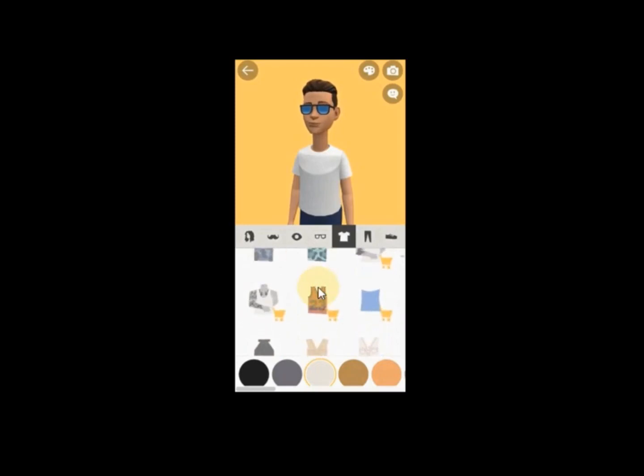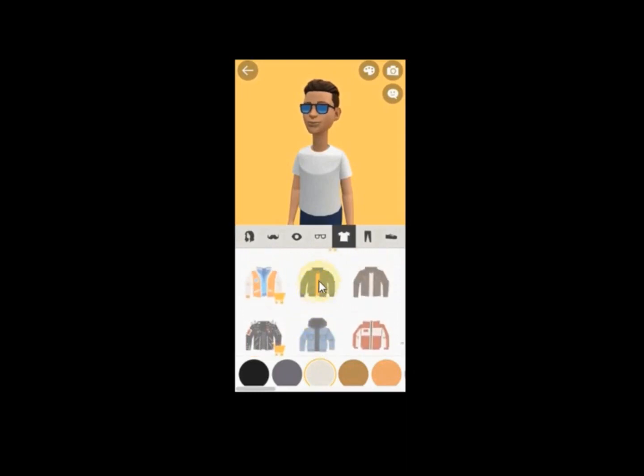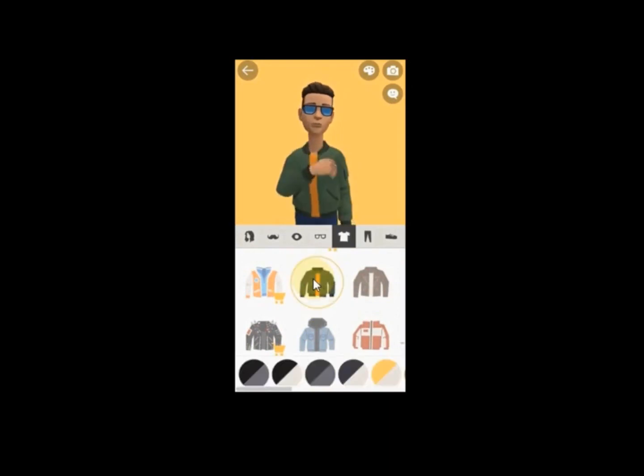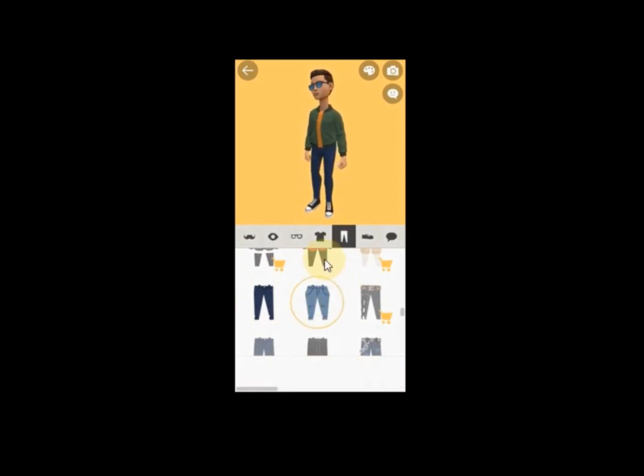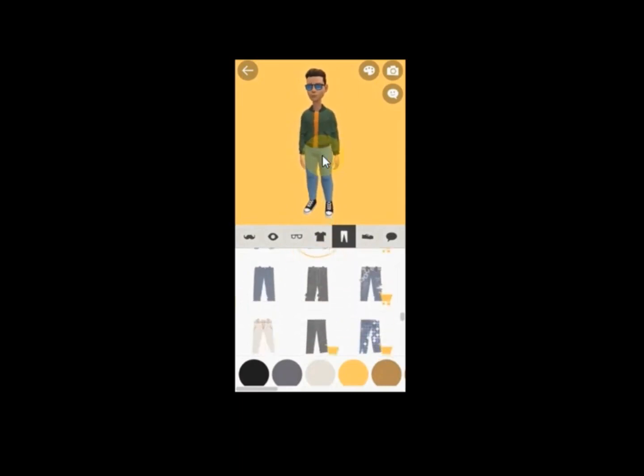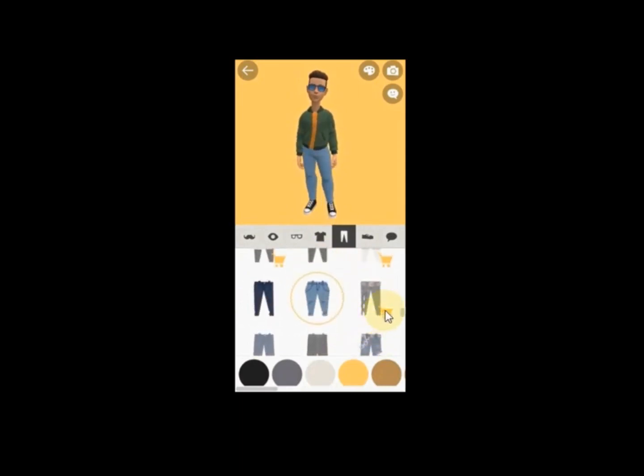Okay, so it's left for you to select anyone you want. Let's select this. You click on it, you click on these trousers. When you come to the trousers, you click, it has changed. You check the preview. Anything you click, you check the preview. You click on this, you check the preview. Or you can go online and shop for it.